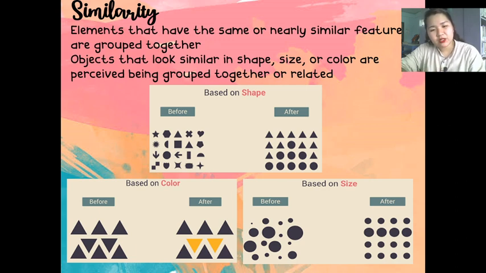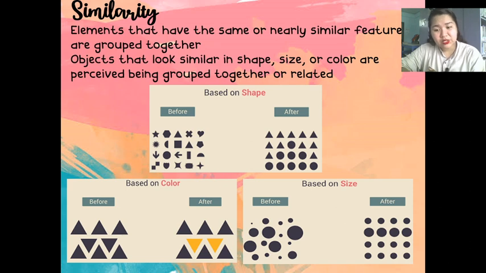We have a triangle and a circle. Then, yung triangles are, they are grouped together. Not necessarily naman na ginrupo na, inihiwalay. Pero, as you can see, madali natin siya agad na identify kasi nga yung mas magkakatabi or yung mas magkakapareho yung features nila ay pinagrupo-grupo sila. Dito naman sa based on color. So, as you can see, right? Yung merong yellow and color blue.